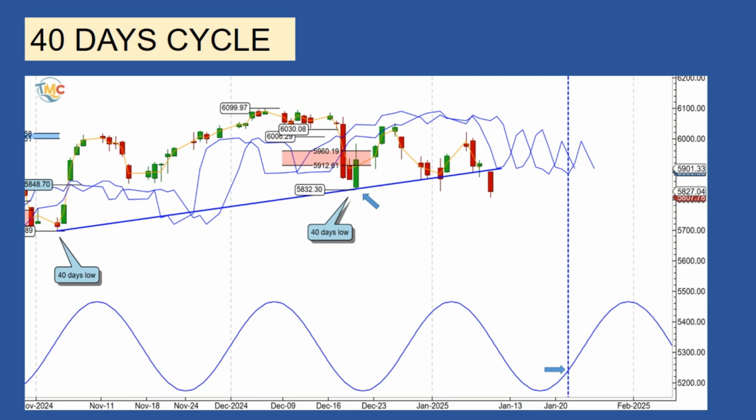But we have to keep in mind the low may occur on January 2nd, 2025, but for the rest of the analysis, knowing where the last 40 days low formed is for now not very important. It just changes the time of the next 40 days low formation. In case of December 20th, the low is expected on January 23rd, otherwise if the low is on January 2nd, it is expected on February 5th. Only 13 days difference, so we can expect a low forming during this time window.